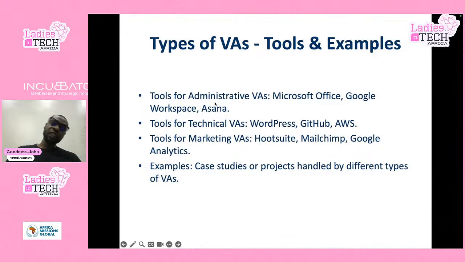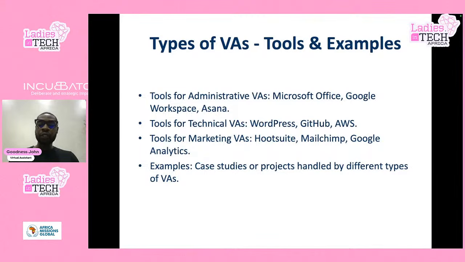So here are some types of VA tools and some examples. We have Microsoft Office, basically for administrative VAs, Microsoft Office, Google Workspace, Asana. Asana is a project management tool. It's a very useful tool for businesses. For technical virtual assistants, you have WordPress, GitHub, AWS, and for marketing tools, you have Hootsuite, Mailchimp, Google Analytics. So basically, these are tools that you use for